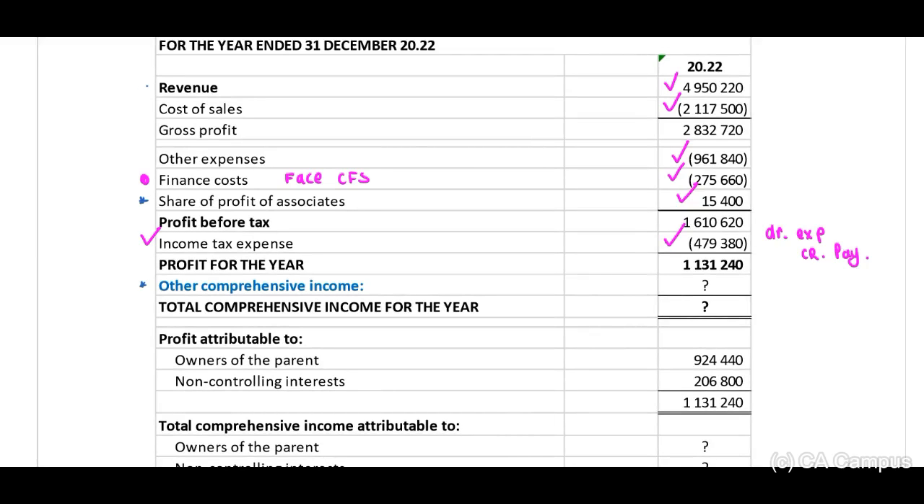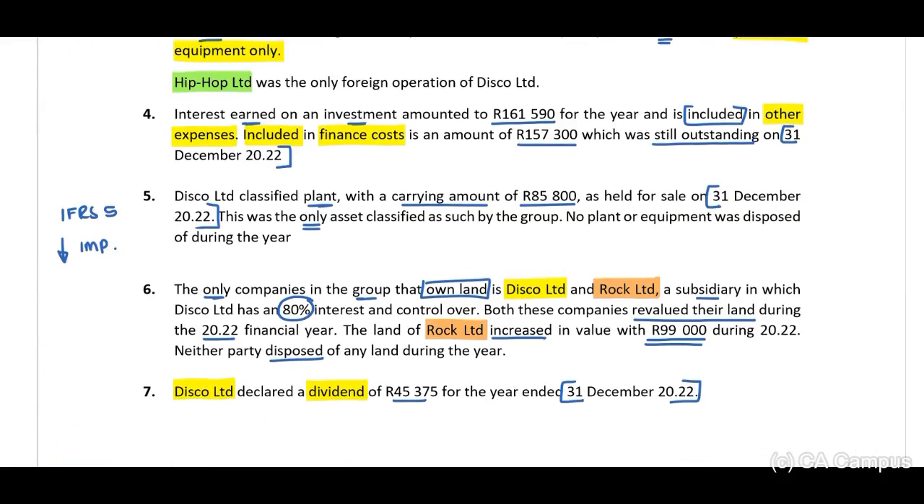Other comprehensive income, I don't know. Profit attributable to owners of the parent. Now, this we will transfer to our retained earnings, which you will remember that I have transferred opening and closing balances. But if I do remember correctly, they have provided us with a dividends declared amount. I think at the bottom somewhere. Let's just scan through the information. Note 7. Disco Limited declared a dividend of 45375. Therefore, we do not have to include our retained earnings journal, but we are able to transfer this to our